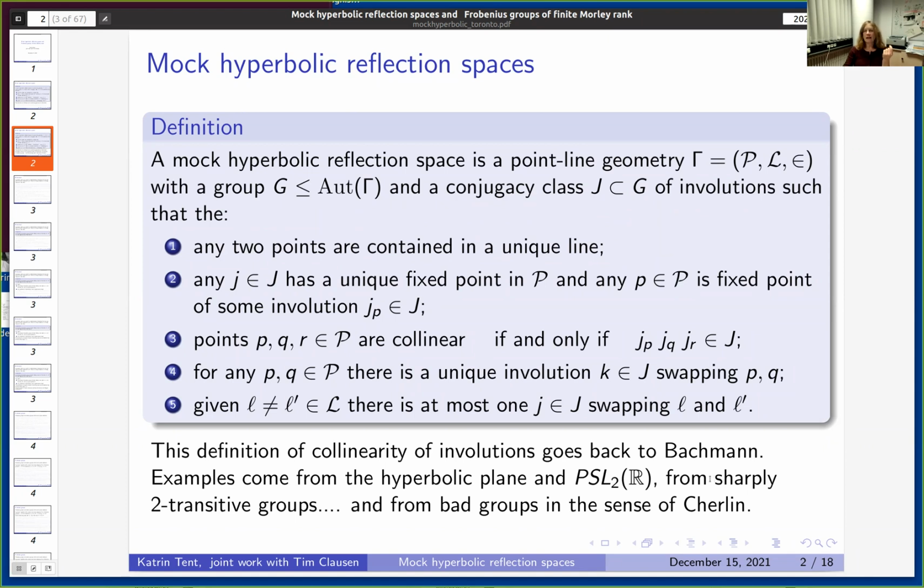So in general, you get other examples from sharply 2 transitive groups. And actually, you also get examples from bad groups in the sense of Cherlin. And those who know bad groups know that these groups don't have involutions, but I will explain in a moment how these groups also give rise to such reflection spaces. So as I said, the real line is an example of that with the point reflections. And this is actually the motivation that we started looking at these geometries, namely